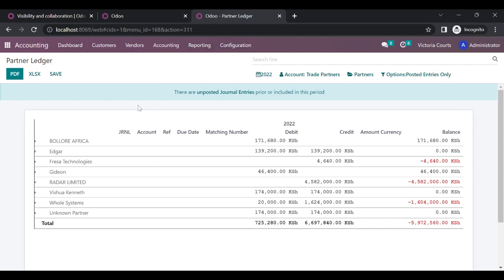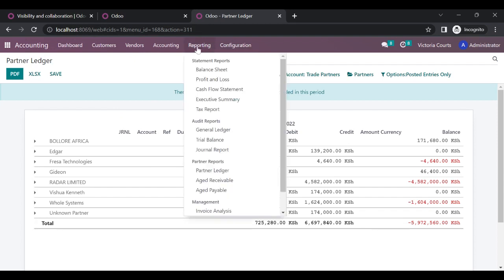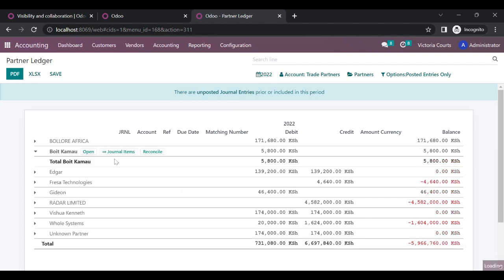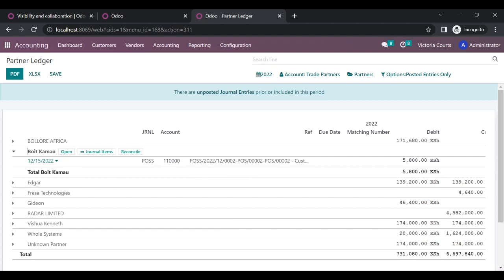So this is the current partner ledger. So you just come to reporting and open partner ledger once again. Now you will be able to see that Boyd Kamau has 5,800, and you can see that amount under the debit side. So whenever he's doing a payment against this amount, you just go to the customers, and we can click on